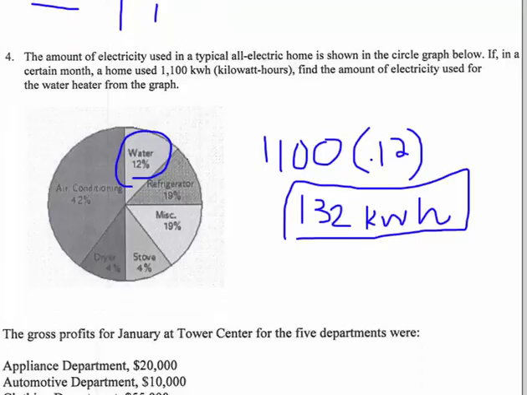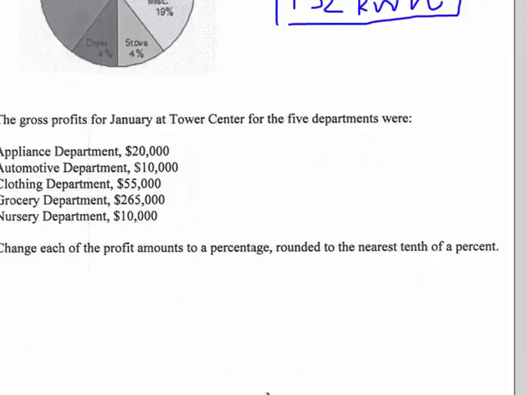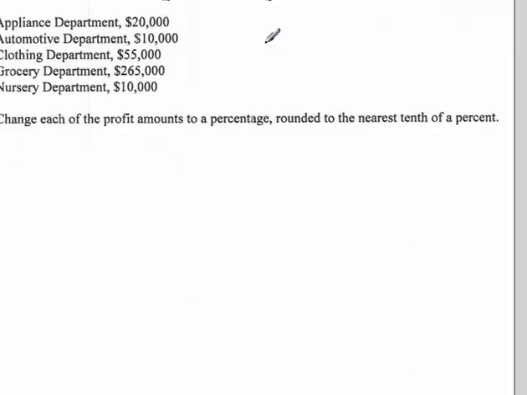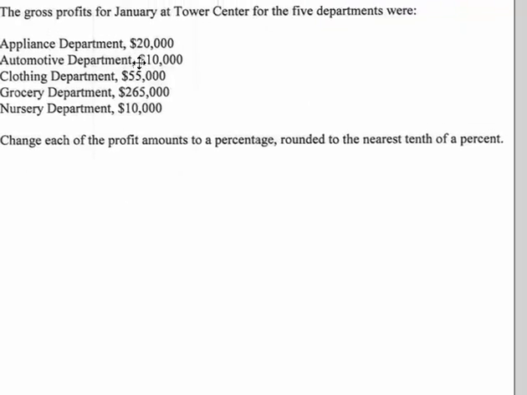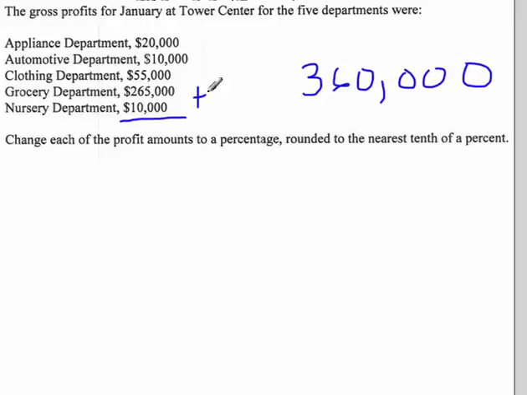And now the very last one that we worked on before we said happy weekend is this one, where we're given the gross profits for a company, and we've got to figure out what each one of these represents as a percentage. So the first thing we need to do is take out our calculator and add up all of these numbers. When you add all those numbers up, you get 360,000. So that was the total profit for the month of January. Now, how much of that is represented by the appliance department? So what you do is you put your 20,000